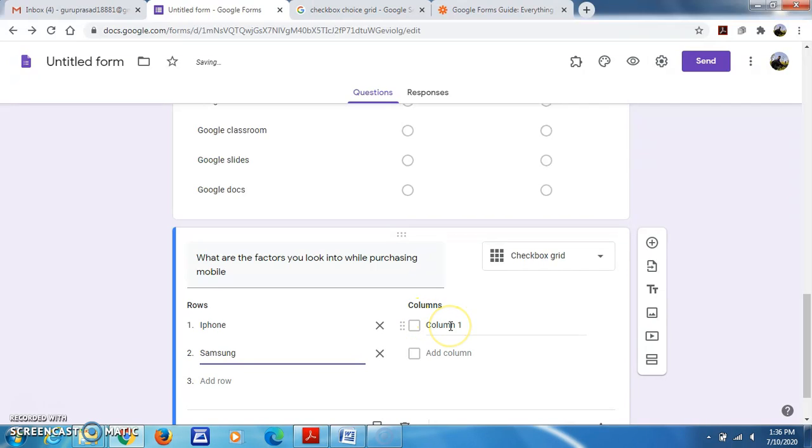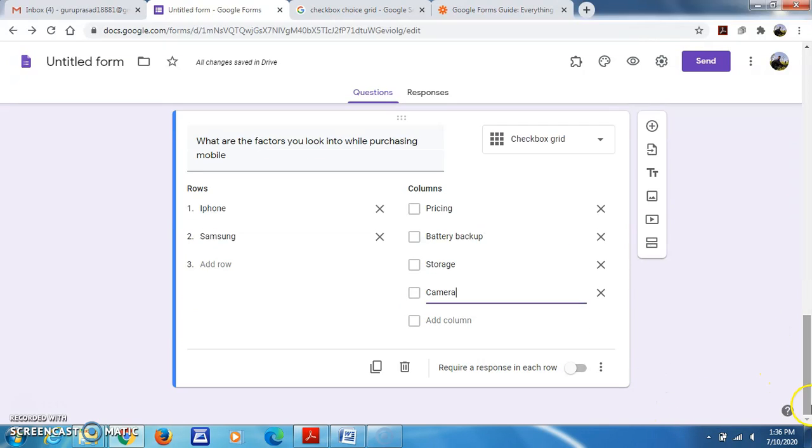So I will give an example. So what do you look for? Pricing, battery backup, and also maybe storage, and also camera, etc. So like that you can add.